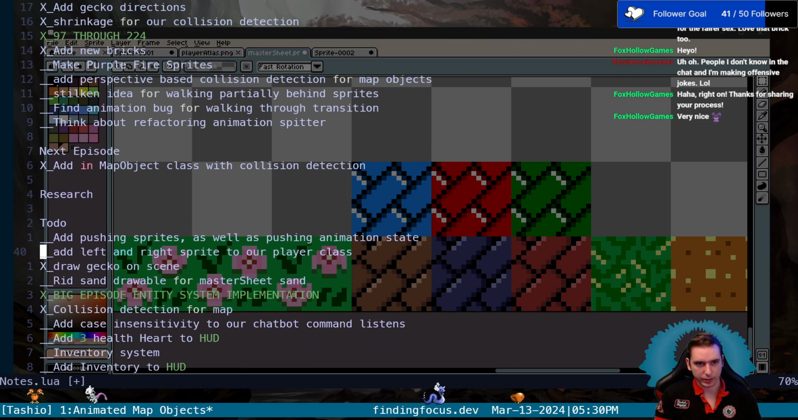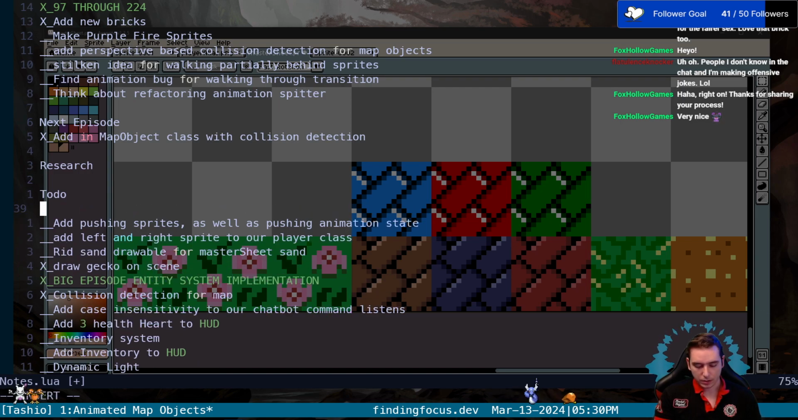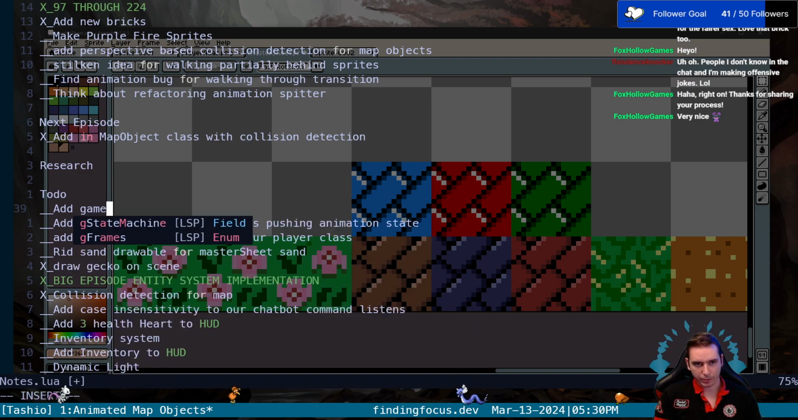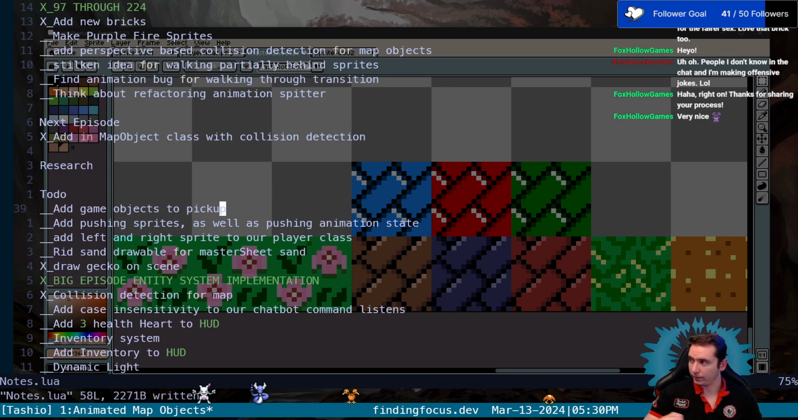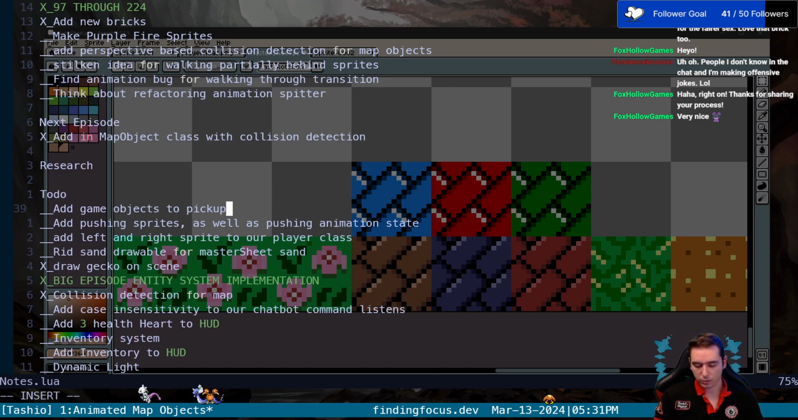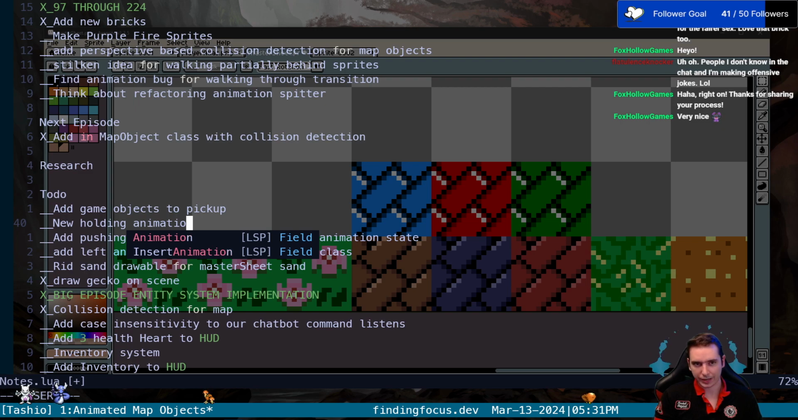Add pushing sprites. Okay, so here we go. We need to ultimately add map objects, or overworld game objects is what I want to call it. Game objects to pick up. And then that might require an animation state change for our character, because his hand would be up holding the thing he's holding instead of his little fists that they currently are. So it might be a new holding item animation state